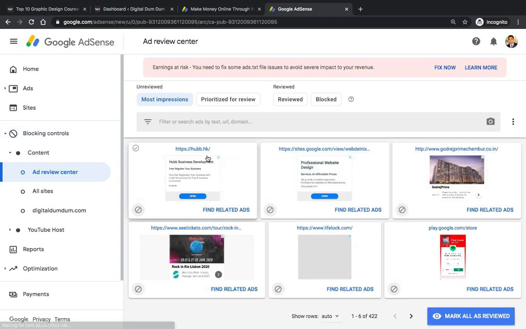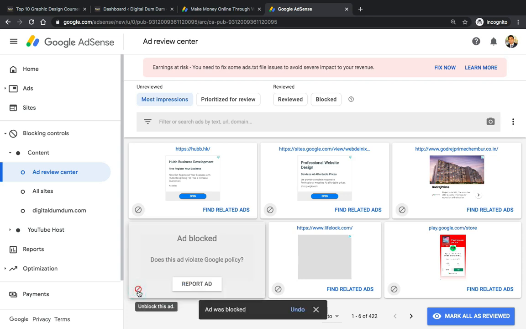Okay, so these are the ads that were shown on your website, and you can simply block them. If you find this irrelevant, if you find this spammy, then you can simply block it, right? And if you go to all sites,